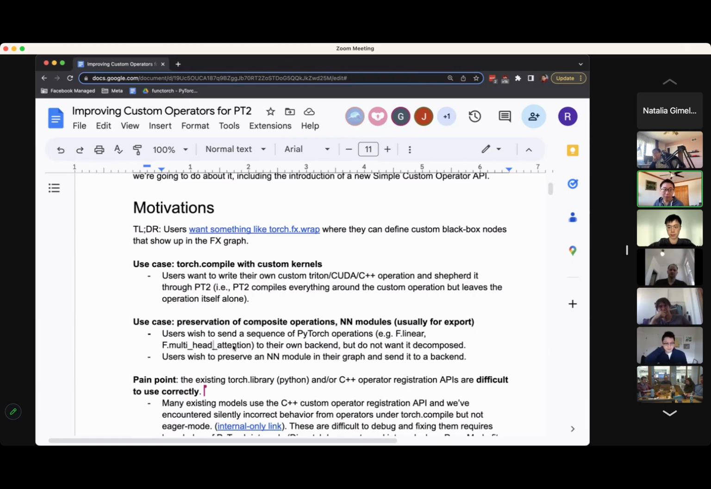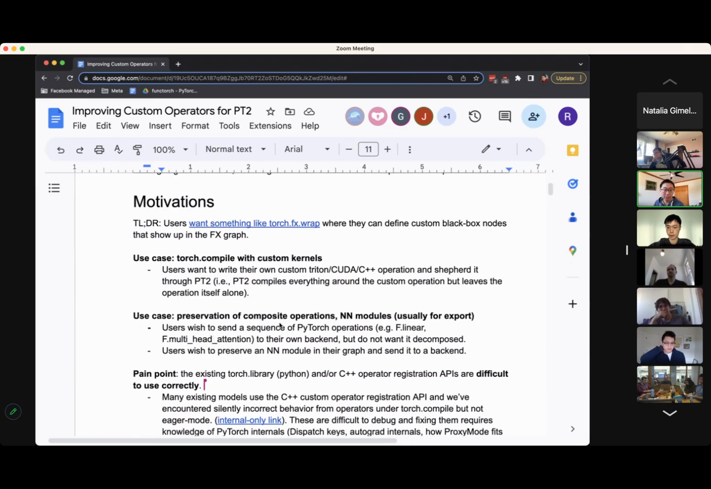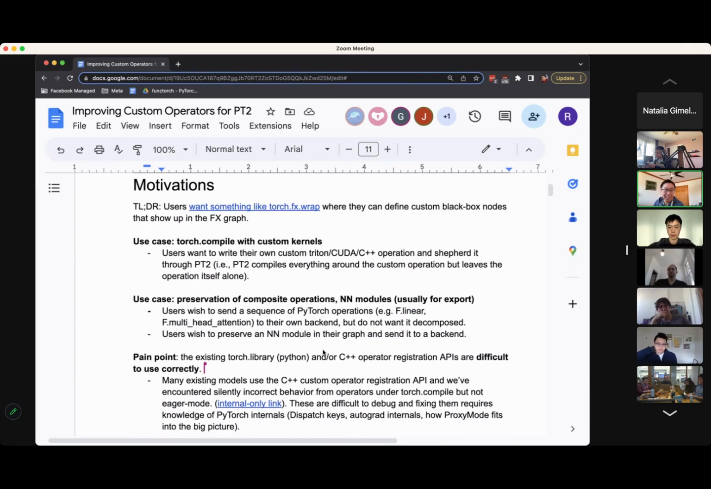There is some overlap with the pre-autograd work. If we did have the pre-autograd tracing working, maybe we wouldn't need these, maybe not, we're not sure yet. In addition to preserving PyTorch operations, people also want to preserve NN modules, which is a bit of a different story. And just one pain point,